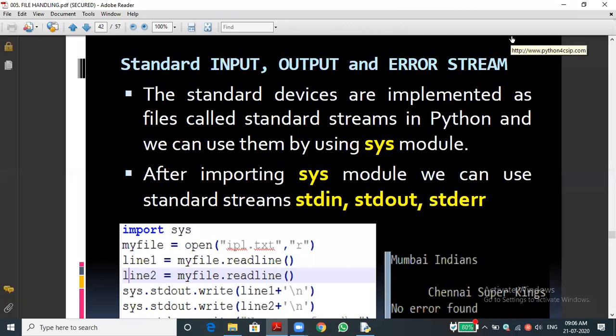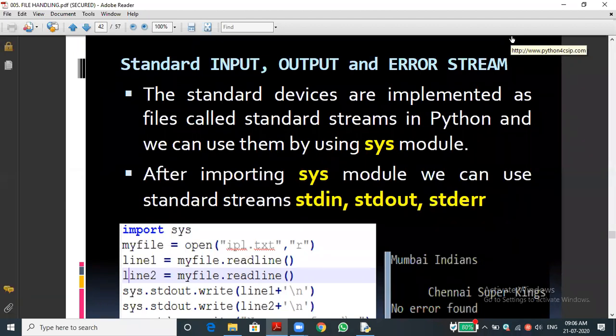information, we should definitely use the input function, isn't it? It may be a floating data type or a string data type. So generally we use the input function in order to read the data from the user. But the standard input and output is another way to get data from the user or to read some content through the monitor.